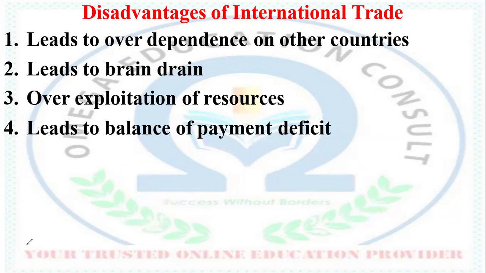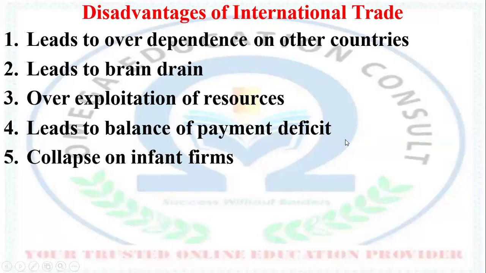Now, the next disadvantage of international trade is that international trade may also lead to the collapse of infant industries or infant firms. Infant firms are firms that have been newly established and are at their developmental stages. Now, like every given infant, they must be protected. Now, if these infant firms are not protected from firms that have been existent for hundreds